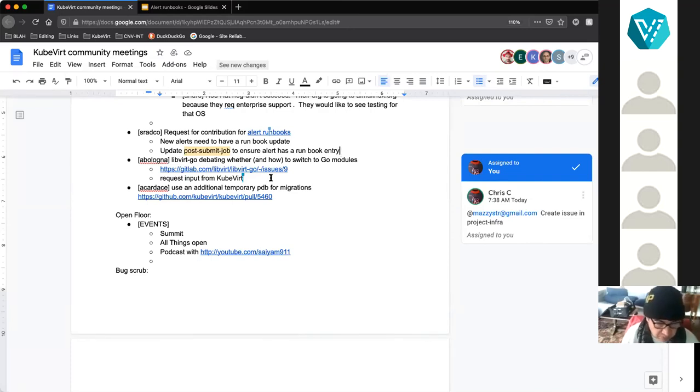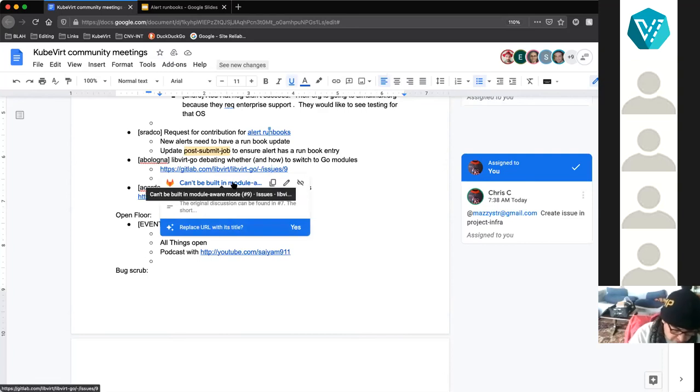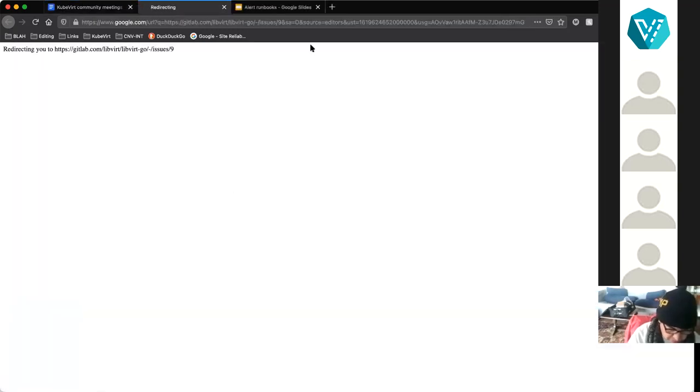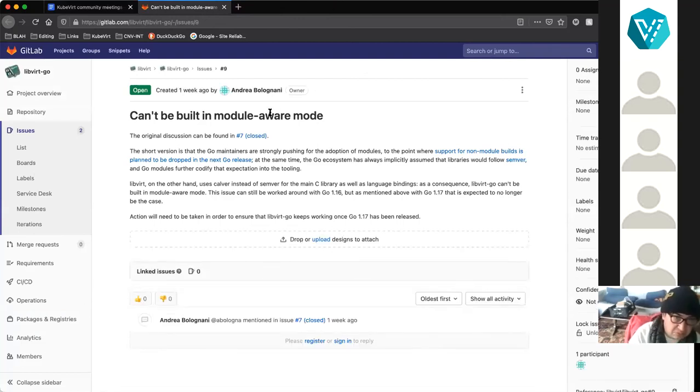So I raised the issue on the GitLab repo for libvirt-go, and I would really love if people from the KubeVirt community, who are one of the biggest consumers of the libvirt-go library, and also clearly very well versed in the Go ecosystem and in Go modules, could chime into the discussion and help us out.